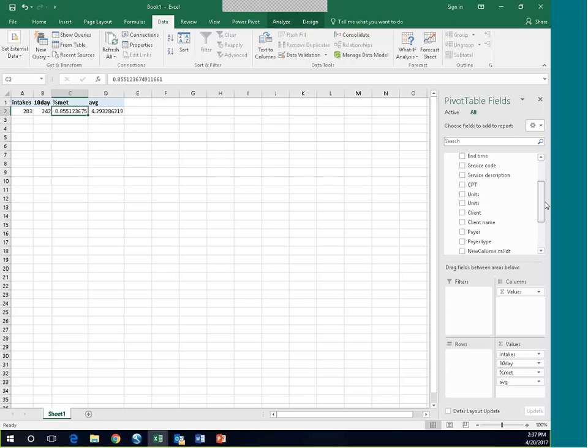So let's think about how we want to then build out this dashboard in the next 10 minutes or so. Well, as we've talked about before, one of the things that I'm really interested in when I monitor my metrics, this is nice, but I need to understand what's happening over time. I need to know if there's trends. I need to know if our performance is improving, whether it's declining. If I'm getting poor performance, I may want to know which program I'm getting that poor performance from. So we need to build out our dashboard using our basic pivot table and pivot charting tools that we looked at before. So what I'm going to do is bring date into here,